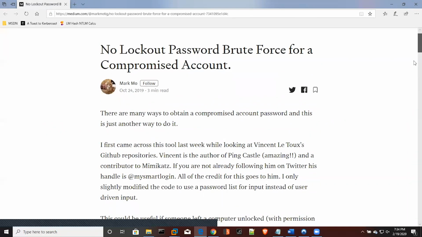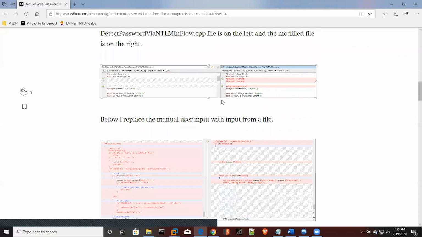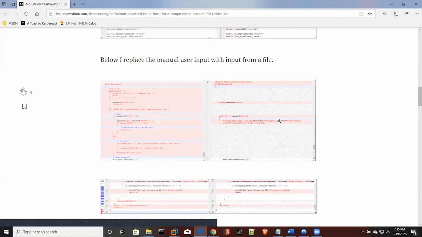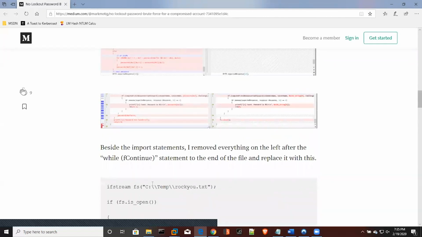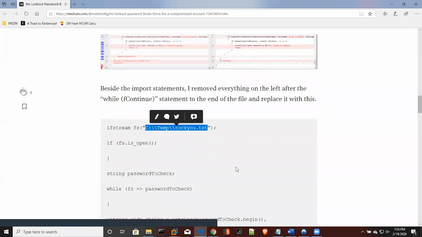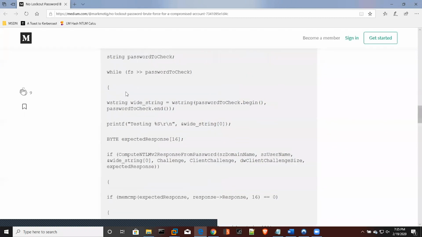So this is a detailed walkthrough of the tool that I just went through a minute ago. And again, this is Vincent LaTour's code. This is not mine. The only thing I've done here, you can see the before and after replacement script, and here is the code that I basically replaced it with. I hard-coded it to use C:\Temp. So if you're going to try to reproduce this, you could put it anywhere you want. You could put it in the executing assembly folder, but you would have to modify the code to do that. So that's the only code that I added to his